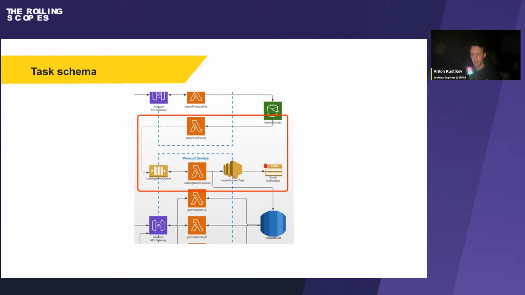So we'll create the queue, and this queue will only receive these lines of the products, line by line, and put every line in as one message. In this case, the SQS queue will be responsible for